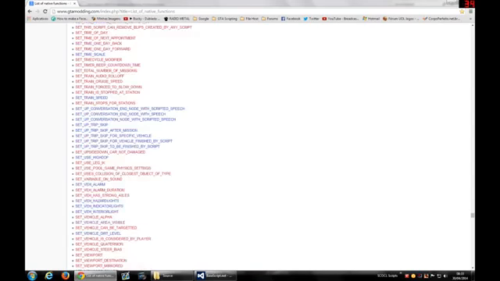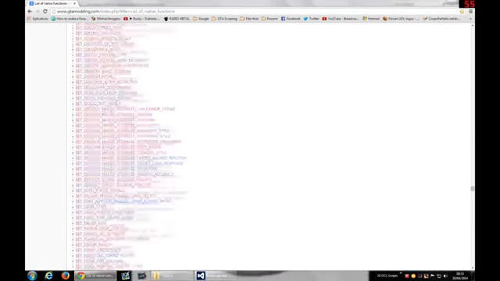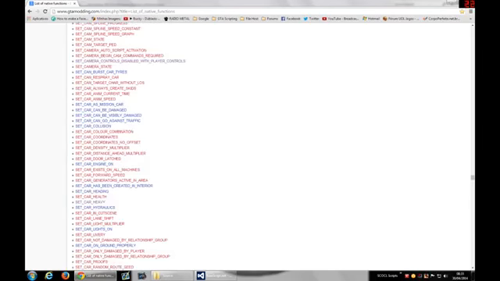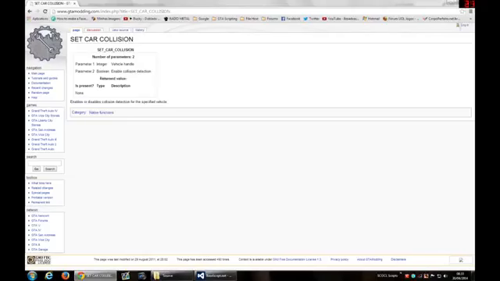Okay, so as you can see, we have tons of methods. And how can we identify how these methods work? For example, a great part of them have the definition of the parameters needed to make them work. For example, SET_CAR_COLLISION. If you click, we will see this page that shows what parameters it needs, and whether it returns a value or not. For example, here it needs a parameter that is the vehicle, and a second parameter that is a boolean value, that means if the collision is enabled or not.